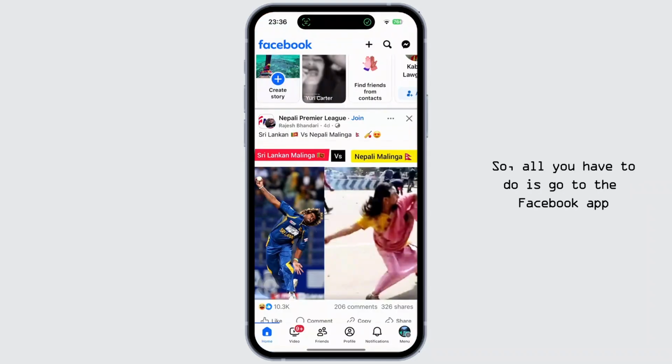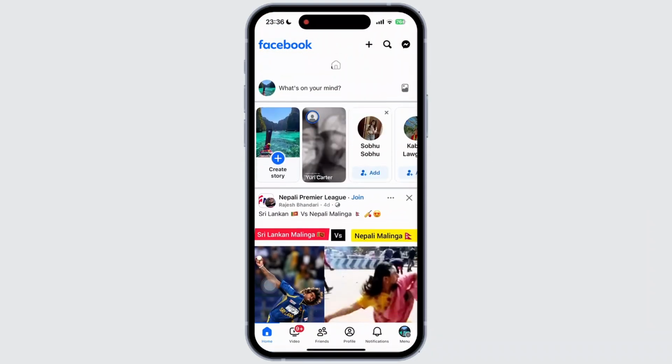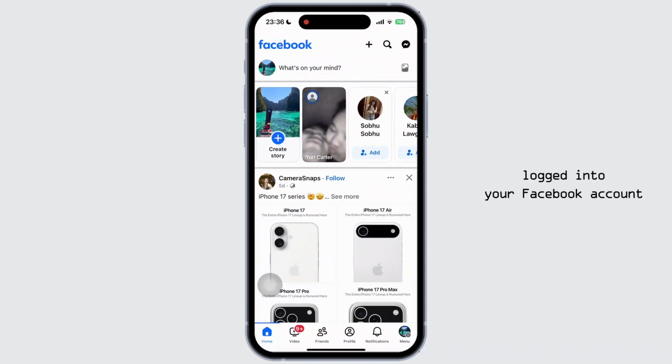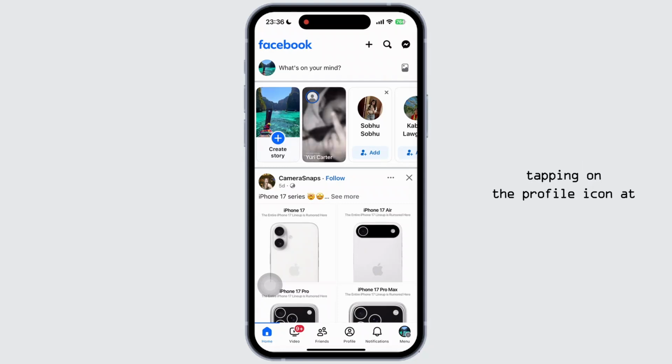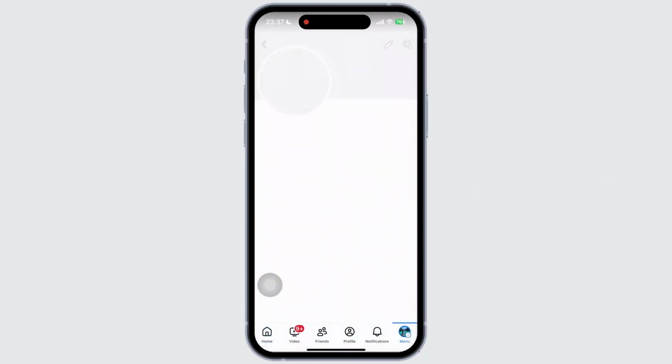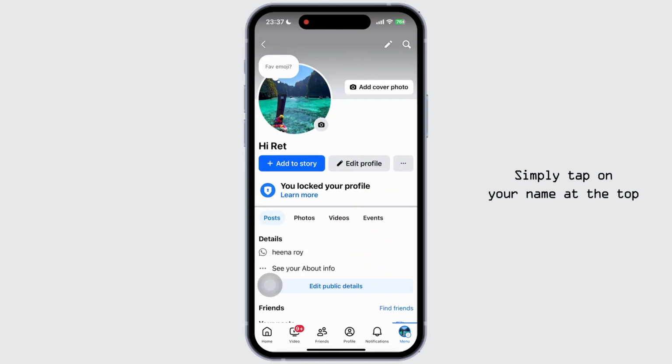So all you have to do is go to the Facebook app and make sure you are logged into your Facebook account. Once inside Facebook, go to your profile by tapping on the profile icon at the top left corner of your screen or simply by tapping on the three-line menu at the bottom right corner of your screen. Now, once you tap on it and you are in the menu section, simply tap on your name at the top